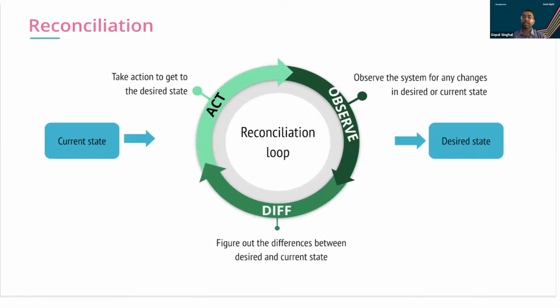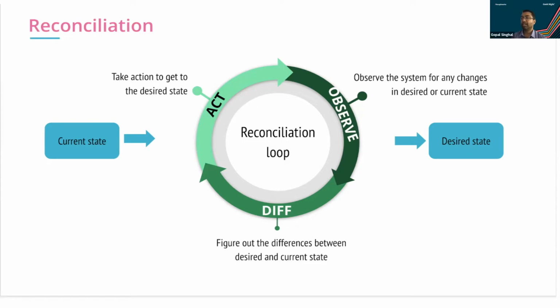So, reconciliation loop. This is the core concept of Kubernetes functioning, and it can be divided into three phases. One is the observe phase. The observe phase observes the system for any changes in desired or current state. Next is the analyze or difference phase. Here, the controller checks that the resource object's desired state or specifications reflect the current state in the cluster, and